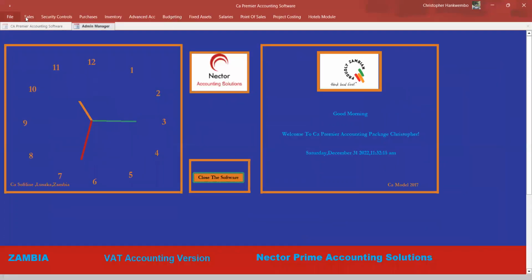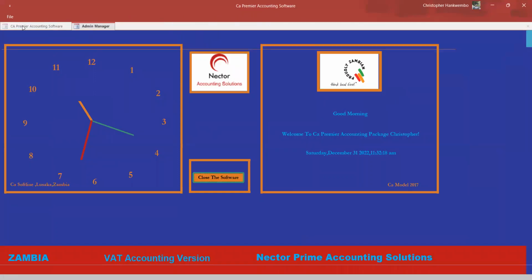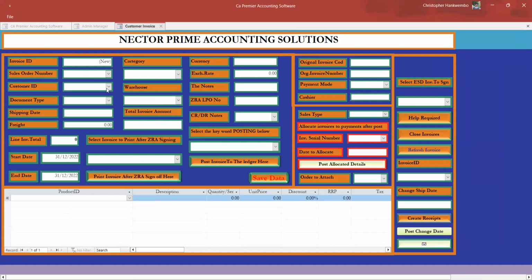So how do you do the invoice? You come here and select customer invoice. Then now here you select the customer. You remember MJ mining comes here. So it means that this combo, all the customers who you have created the invoice or who you'll be dealing with, as long as you have captured them under customer data there, they will be coming here. So your job, when you invoice, you just select, you don't have to type the customer name again. So I will simply select it there, okay?